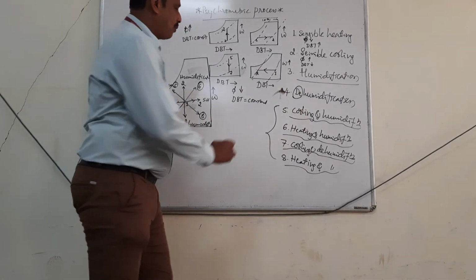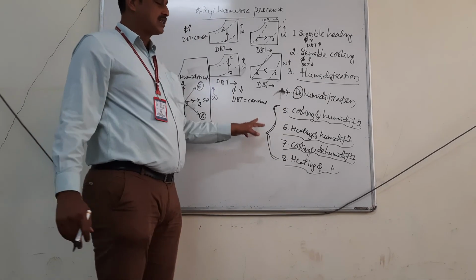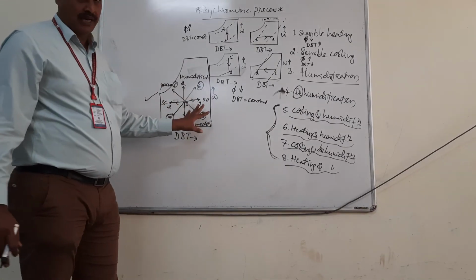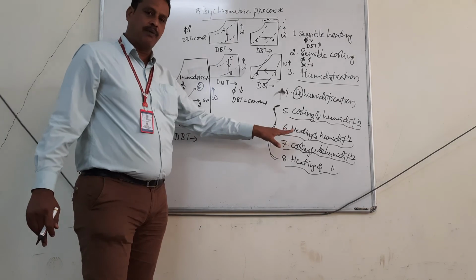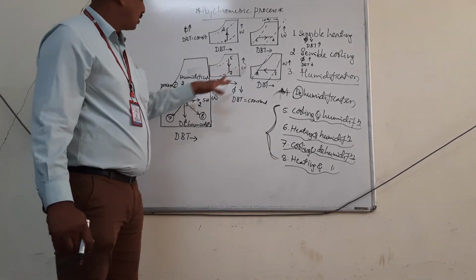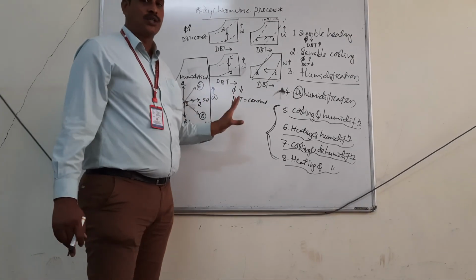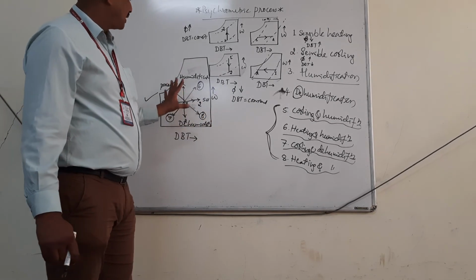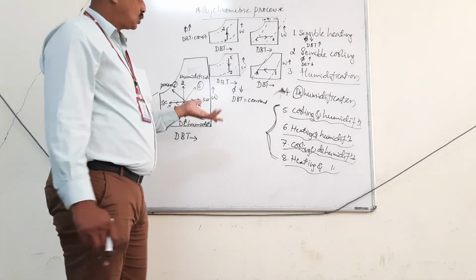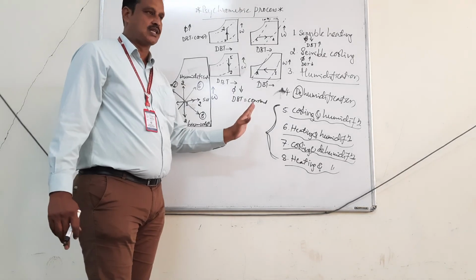And commonly they ask to explain these 4 processes. Out of these 4, they ask any 2 processes. So for that, you have to draw this chart and you have to explain. So accordingly, what happens to the dBT, what happens to the relative humidity. So by drawing these dotted lines and all, you can explain these processes. So that will give you more weightage. Without chart, don't explain. So with the chart only you have to explain. Otherwise, the evaluator will not understand, and so that you also. Okay. So with this chart only you have to explain all these 8 processes.